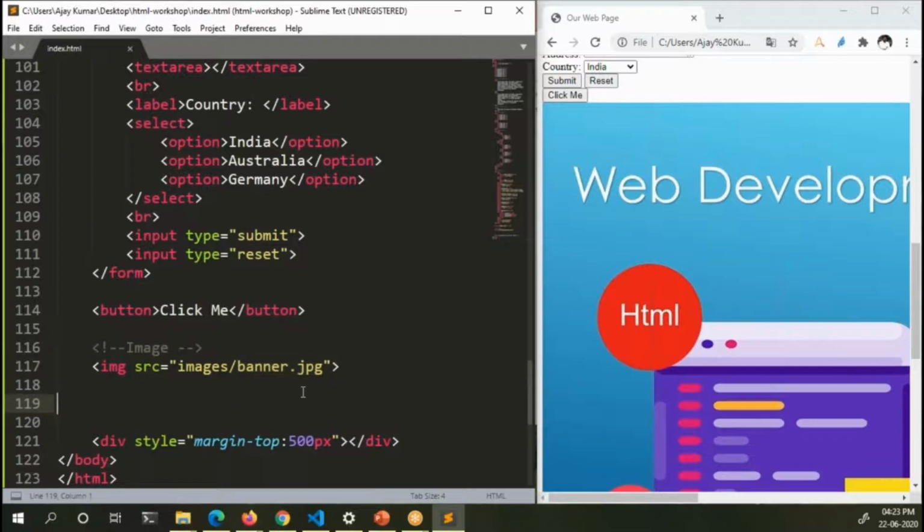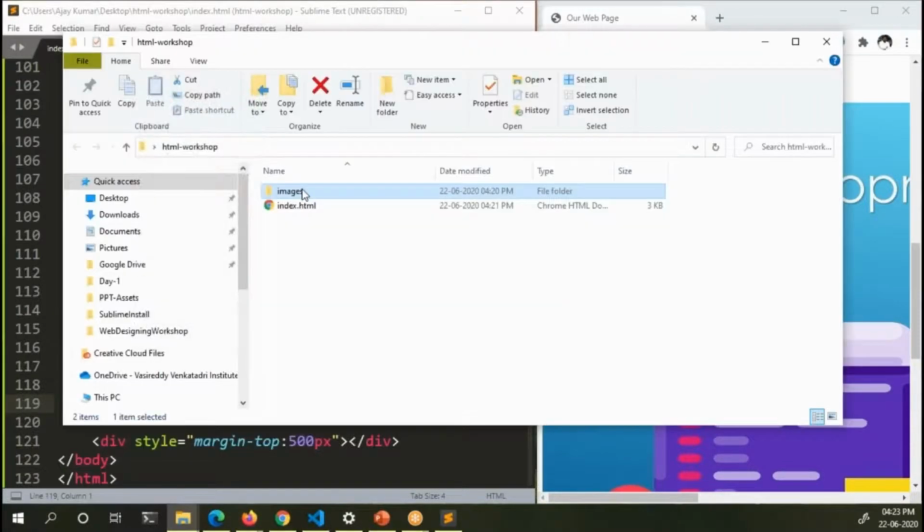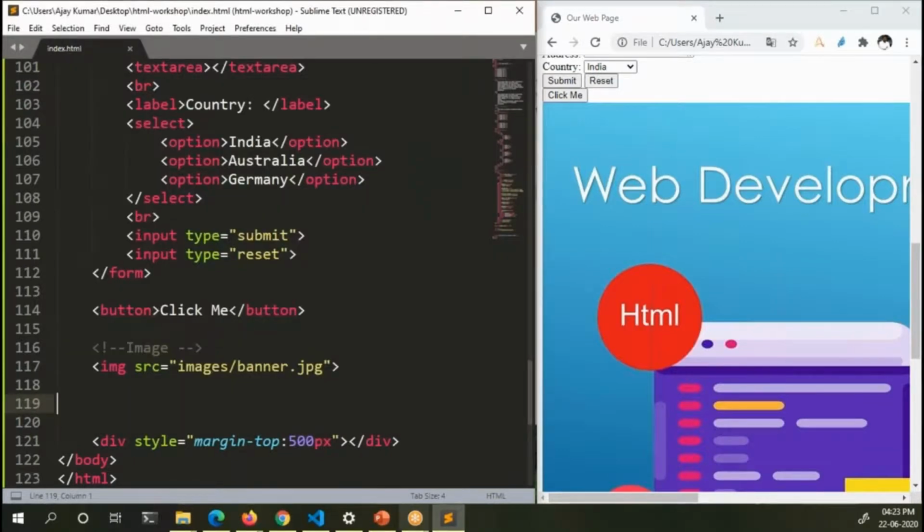If you want to display an image from somewhere else, you need to specify the full absolute path. Okay, right? So it is advised that you create an images folder in your project and store all the images that you need to access in the project. In this way every resource will be in the same location, right?